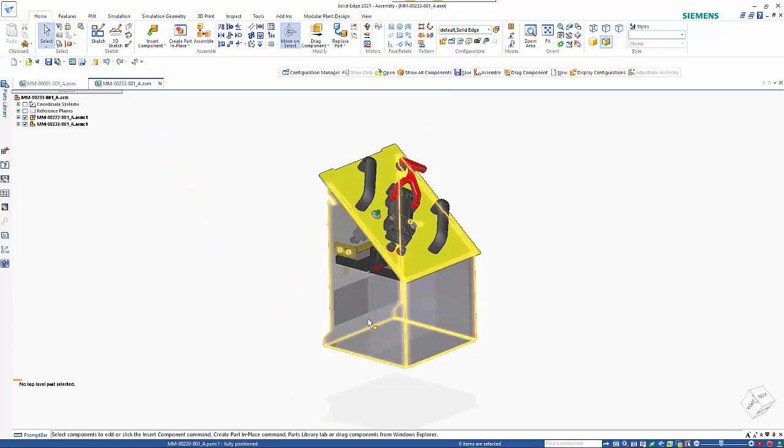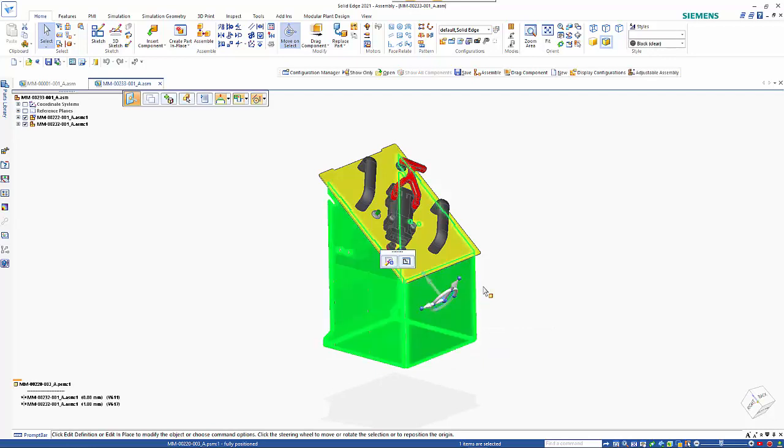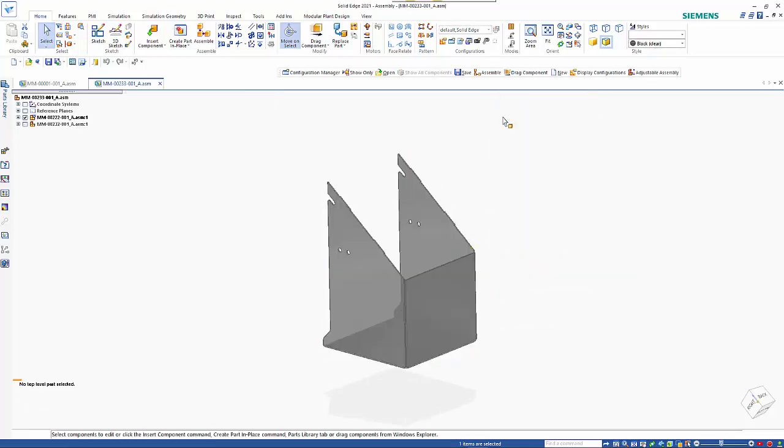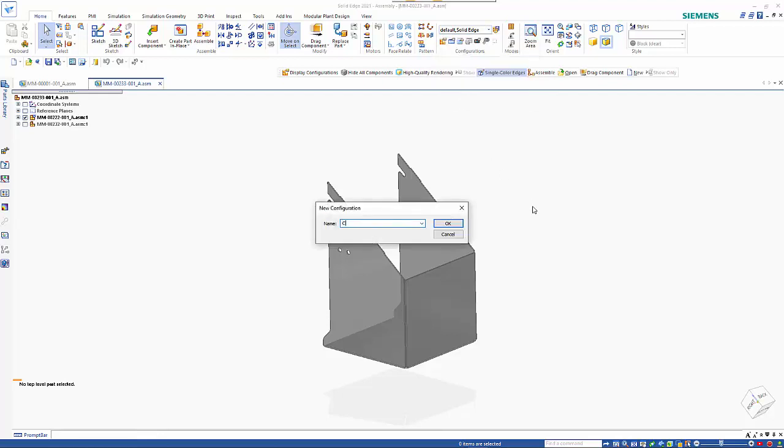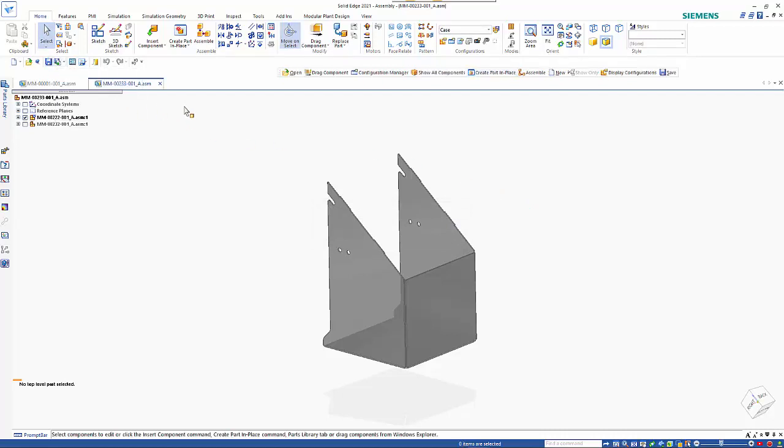The outer casing here is what's going to be the main part of that positioning. So if I just do a show only on here, and then I can create a new configuration and call this the case. And if we save that now and